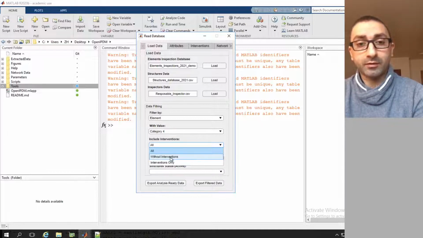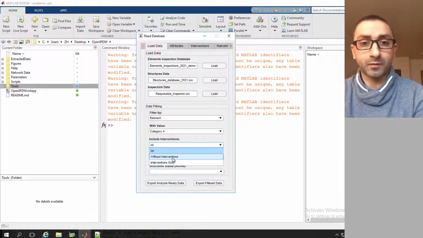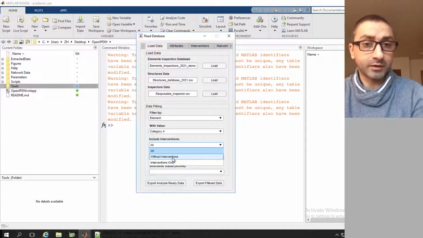The second choice is to extract all the inspection data only for the elements that never underwent an intervention. And the last option is to extract the inspection data only for the structural elements that underwent an intervention. So if you want to train a deterioration model or learn the parameters of deterioration, we want to select the